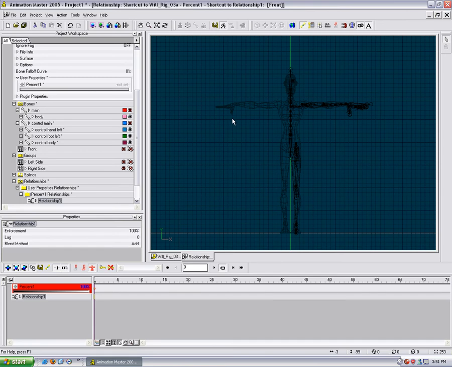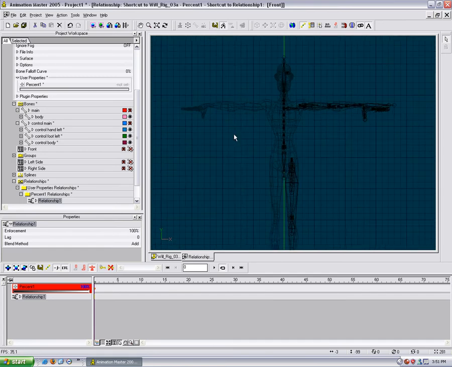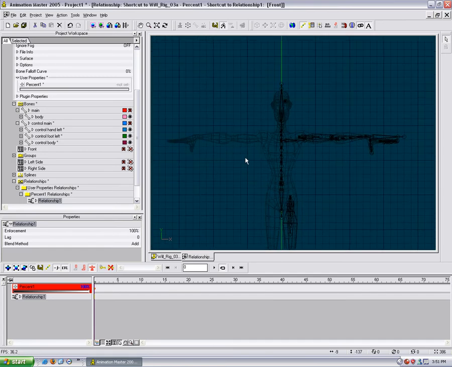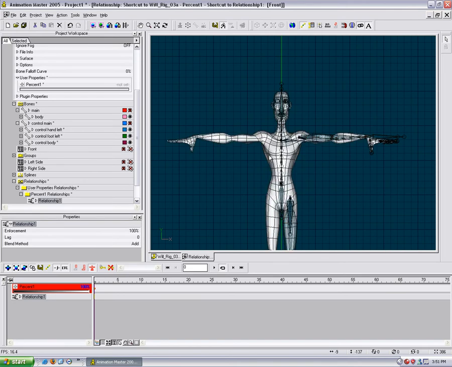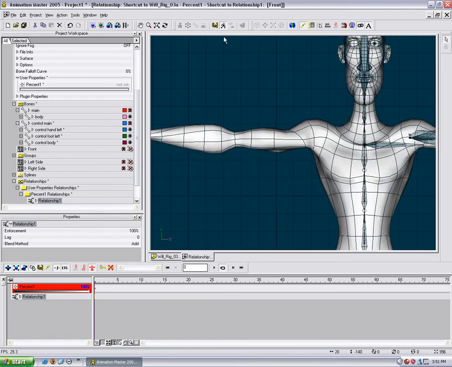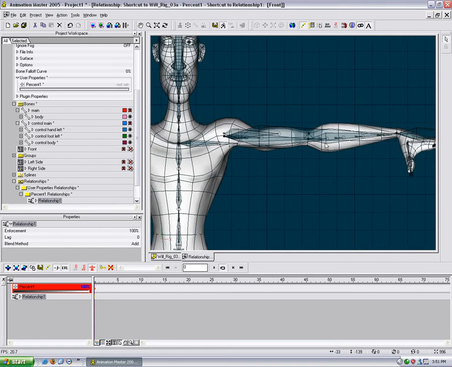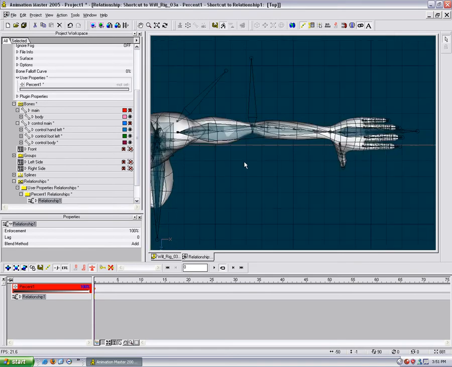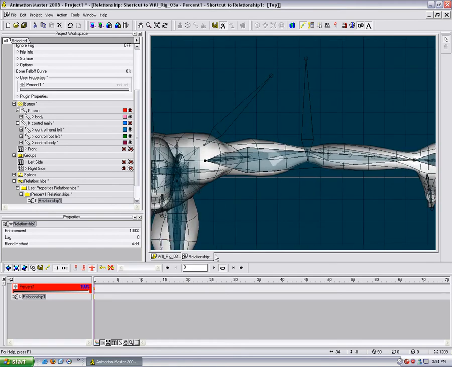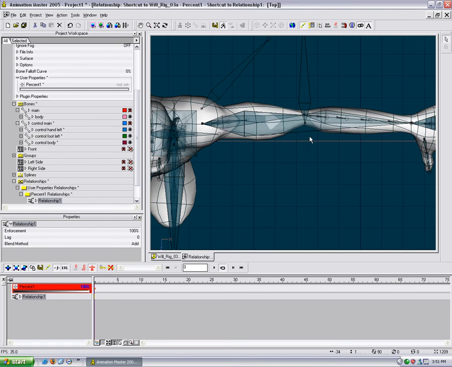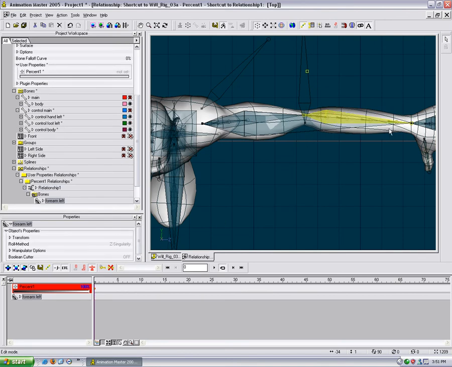Now that I'm in here, another thing I can use this percentage for is I can go into what's called muscle mode. This is a very nice feature. I'm going to shaded mode here. I could make his arm bulge by, let's go into the top view here. I could say when his hand comes forward, or when his elbow bends, his bicep bulges. So I can do this when I rotate this in,